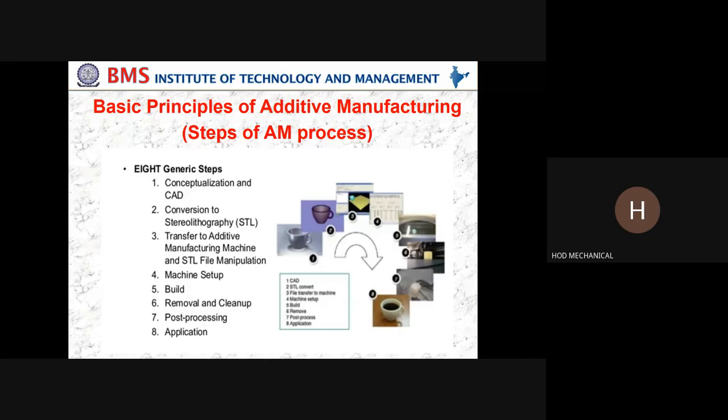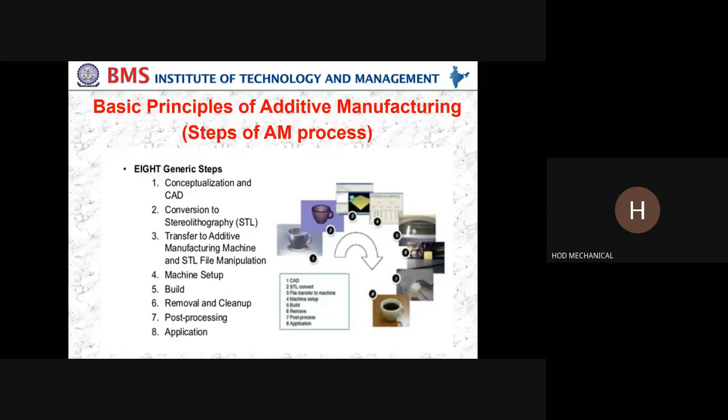Now we are going to use computer-aided design. So basically, the CAD part has to be made first, the one which you want to build. After you have made the CAD part, you need to convert that CAD file into an STL file. STL is stereolithography file. STL is the sliced model of the CAD drawing. Simple. STL file is nothing but the sliced drawing of the CAD profile.